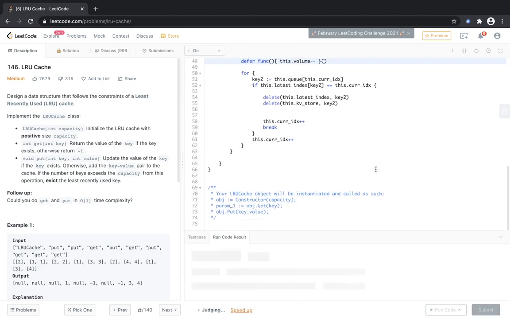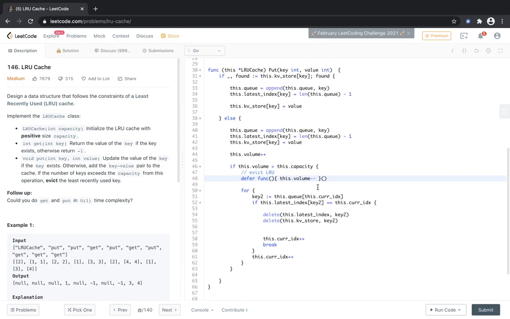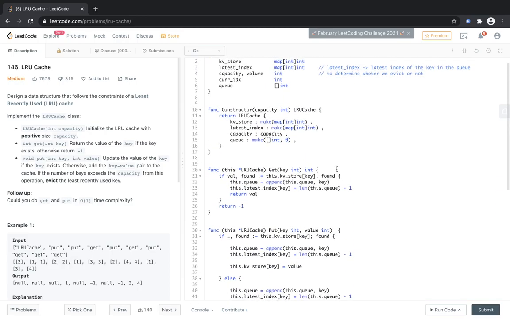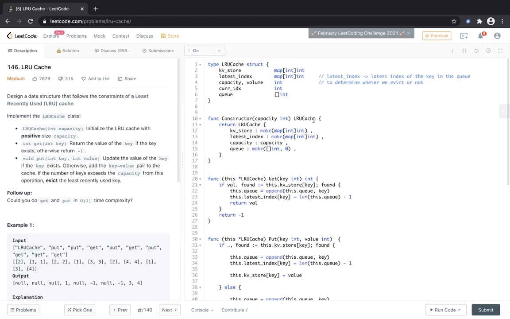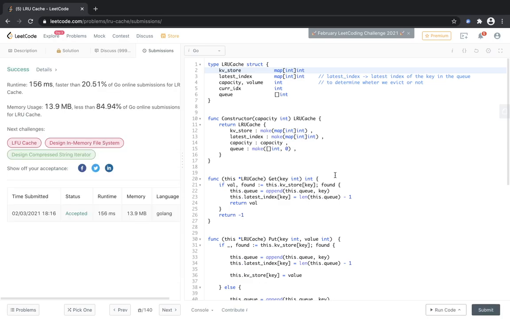So I think this should be it, but obviously I am sure, I was not at all sure that it will run in the very first try, and it ran. So it might still be a wrong answer or something, but at least it works. So I will just revise it and then I will try to submit and correct my errors, and then we can. And it's accepted in the very first try.